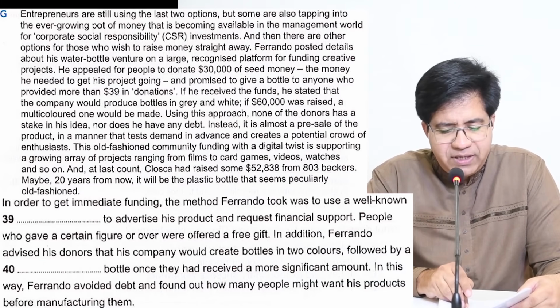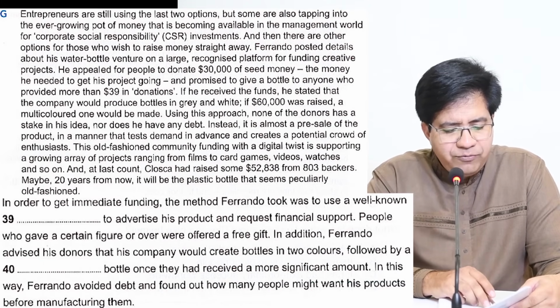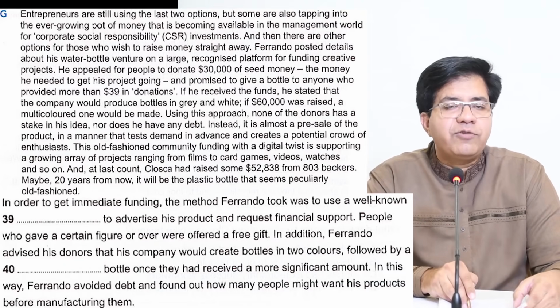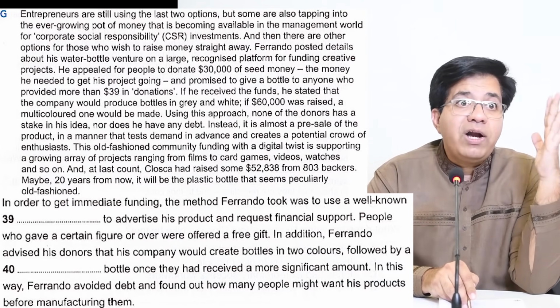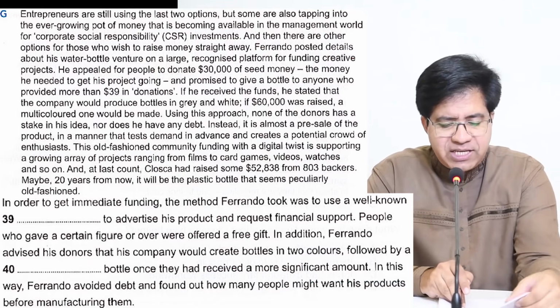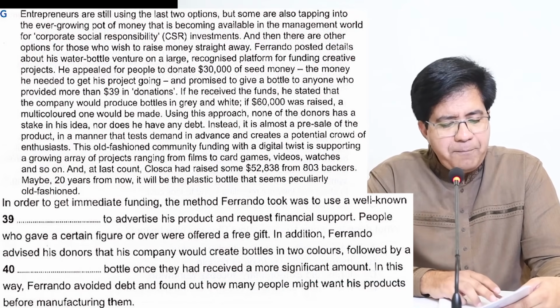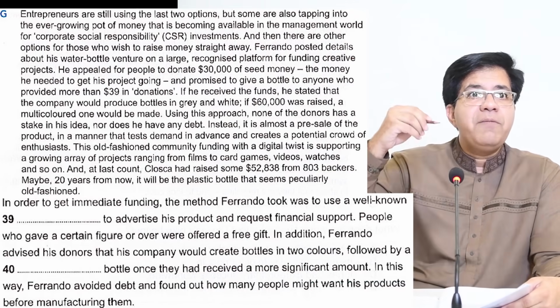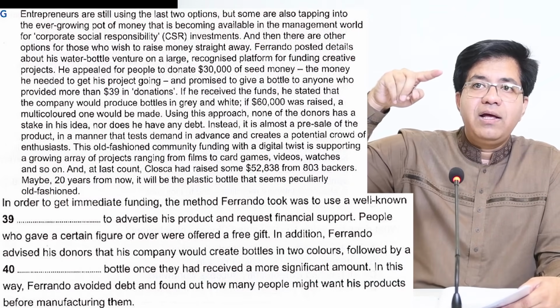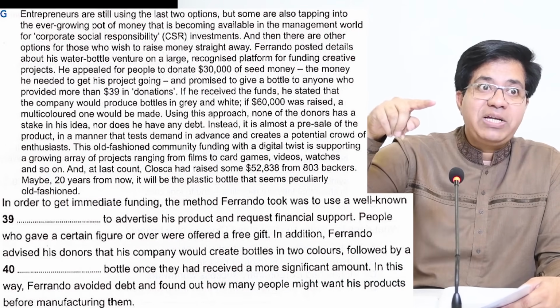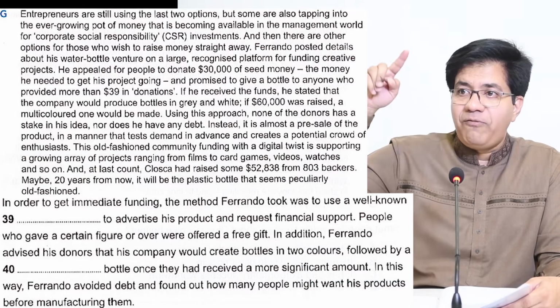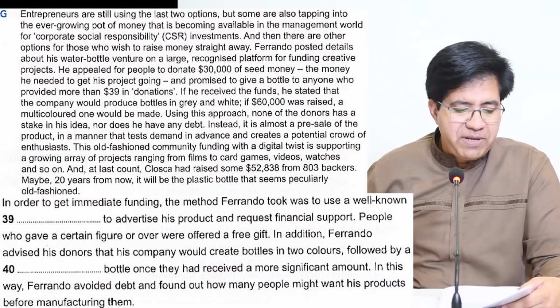If he received the funds, he stated that the company would produce bottles in grey and white. What is grey and white? Two. Now what will they do after that? If 60,000 was raised, a multicolored one would be made. Now tell me, what is one? One means bottle. Unless you find the link of one with bottle, you will not be able to find the